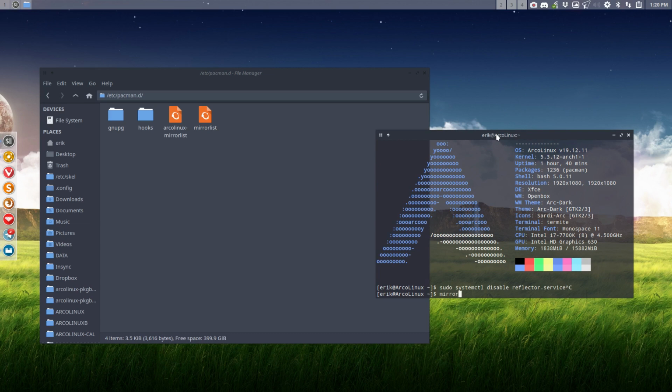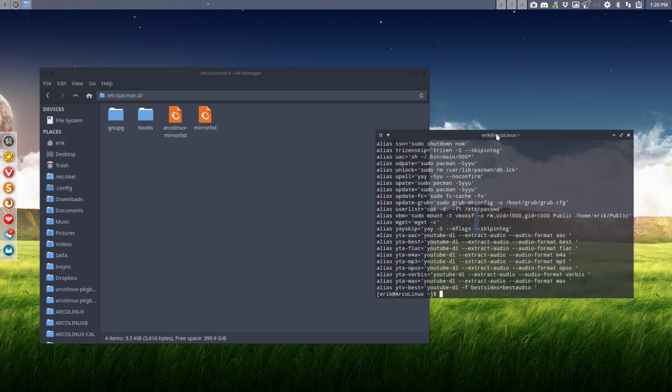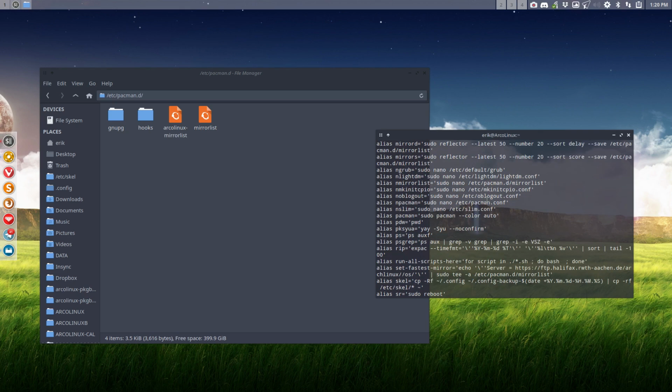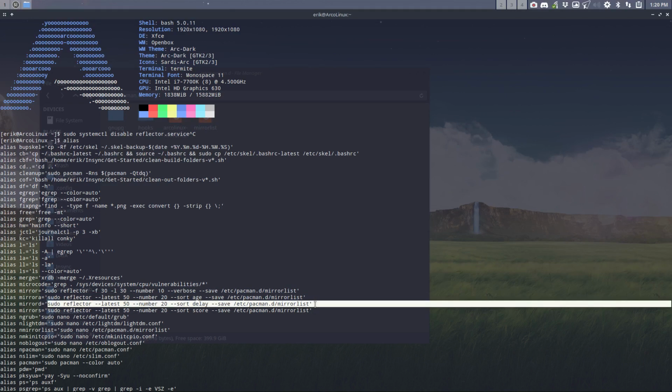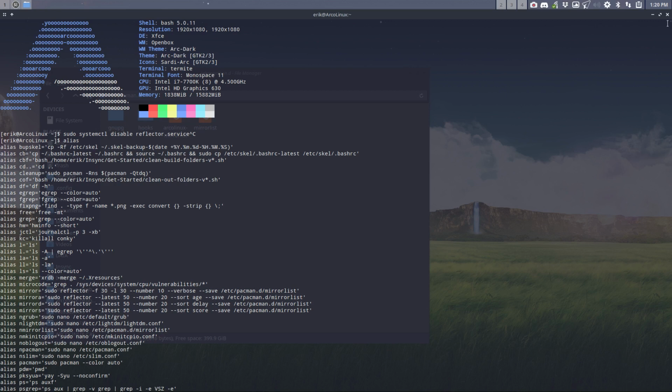There's an alias called mirror, and there is mirror S, and there is mirror D, and there is mirror A. So a lot of strange things, and they're all aliases to run your reflector. This one runs this line, this one is going to run that line, and basically that's all you need to do.